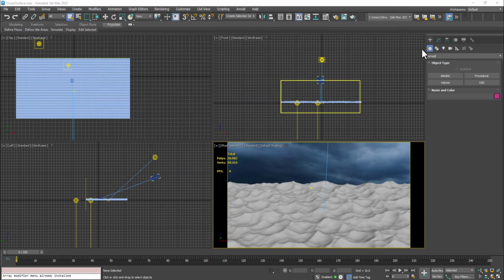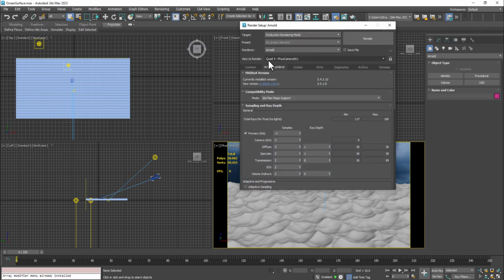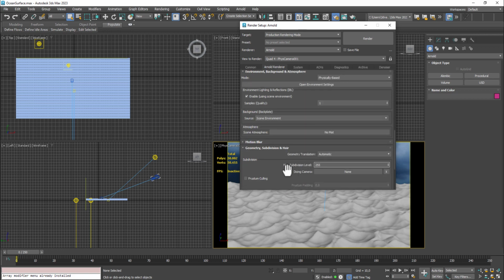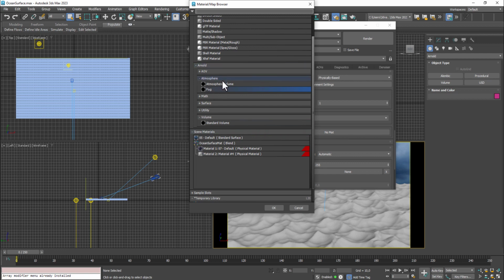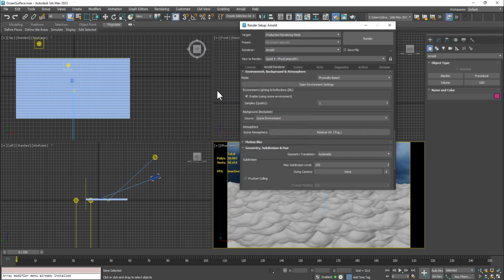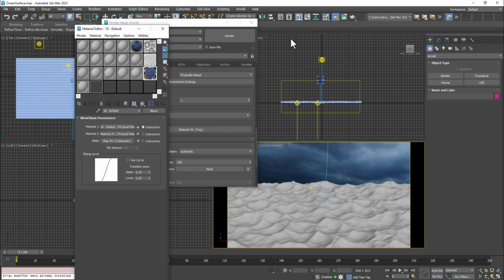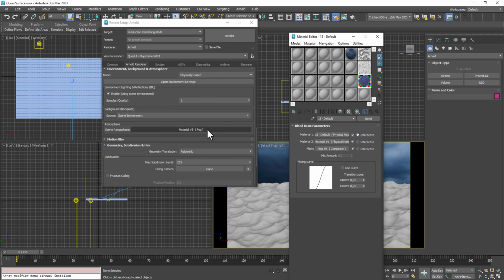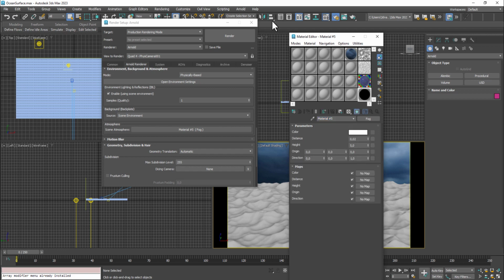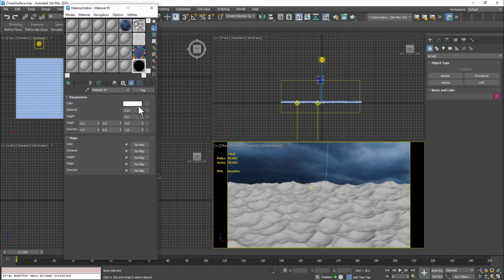And we need add fog over of ocean surface. So go to render setup and Arnold rendering and go to atmosphere and select material and select atmosphere and fog. Yes, and we can control this fog material, so we can drag and copy with instance, and we can change